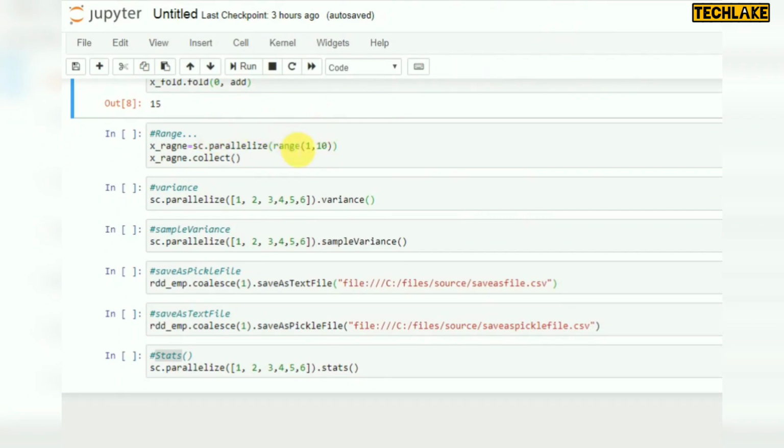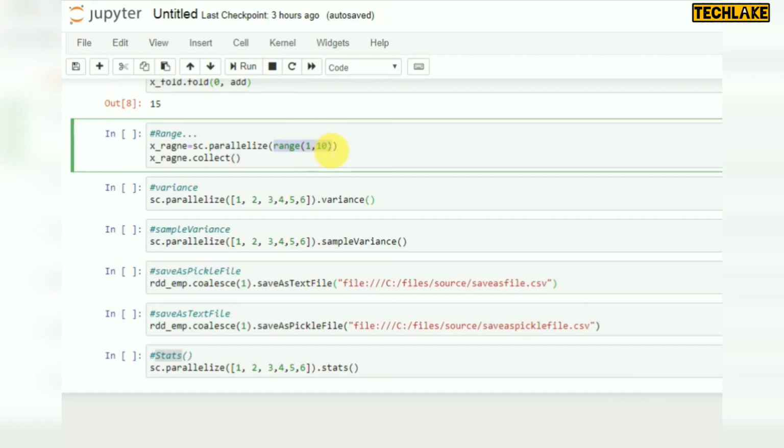Here, instead of defining a list, I am defining a range. For range you can give a start value and an end value, or a single value also. It will start from whatever start value you give, and the end value is like this. And if you are not giving any start value, by default it will start from 0. Remember, range always starts from 0 by default. Let's look at the example of how it works.